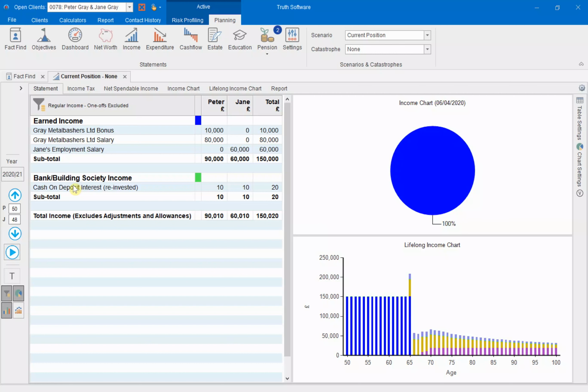Truth will then determine the income for the year and will then accurately calculate the client's income tax position. In any planning statement, we default to showing the current tax year, or in the case of net worth, valuations as at today's date. If we wanted to take a look at our position at any future date, we can do so very easily. The lifelong income chart shows us that Peter and Jane have a very different income position